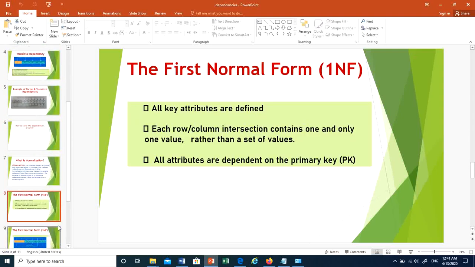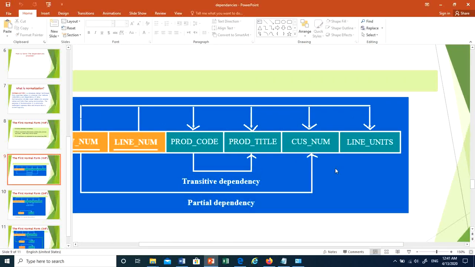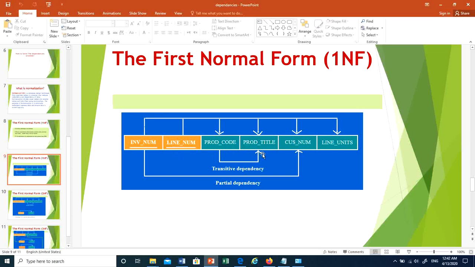Now I would like to show you this diagram here. This diagram is in the first normal form because we have partial and transitive dependency. What is partial dependency? Partial dependency here, this one: invoice number determines customer number. The whole relation, of course, I have invoice number and line number. This is a composite key, right? A composite key in which this composite key determines these attributes, which are product code, product title, customer number, and line units,